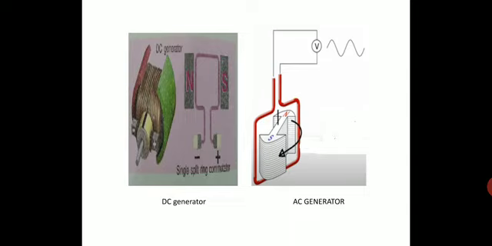As you know, a magnetic field is created by two types of arrangement: either the field is on the rotating part or on the stationary part. Due to the advantage of placing the field winding on the rotating part, in most alternators used for power generation the field winding is placed on the rotating part.